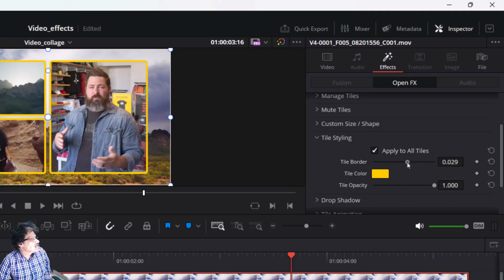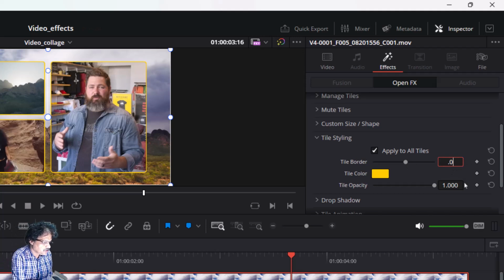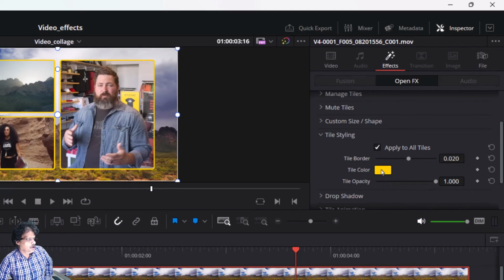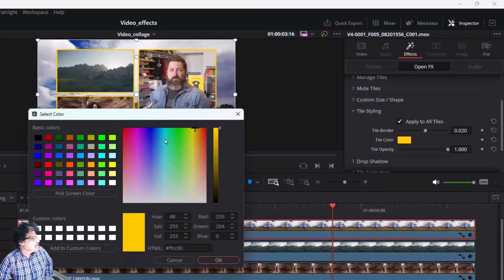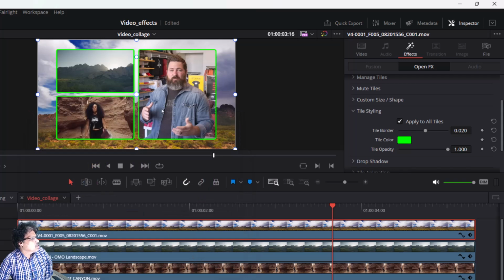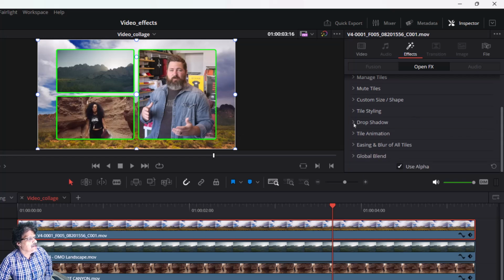See, you can see a small border is added. I will add approximately 0.02 border, and I can change the color of this border. I will click here and I am going to select some green color here and click OK. I have added a green border,